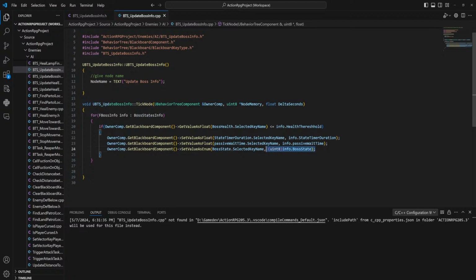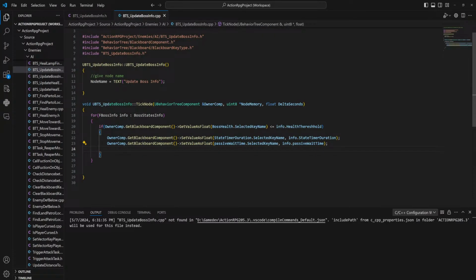So this one actually we don't want to have in there, because that is just going to update outside of this for loop. So what we do want to do is, let me check again.